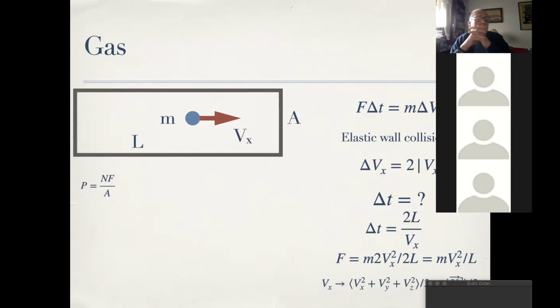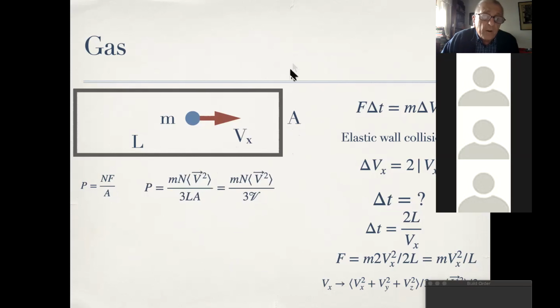All right, so now I want to calculate the pressure. We know that the pressure is a force exerted on a wall of the container, and since the area is A, the pressure is the force F divided by the area, times the number of particles in the gas which hit the wall. Since I have the force F and I know the area A, I can put that formula in, and I have calculated that the pressure is the mass of a particle times the number of atoms times the mean square value of the velocity V divided by the script V, and the script V is the volume of the container. At that stage, I might completely forget my high school derivation, and I have the formula that the pressure is